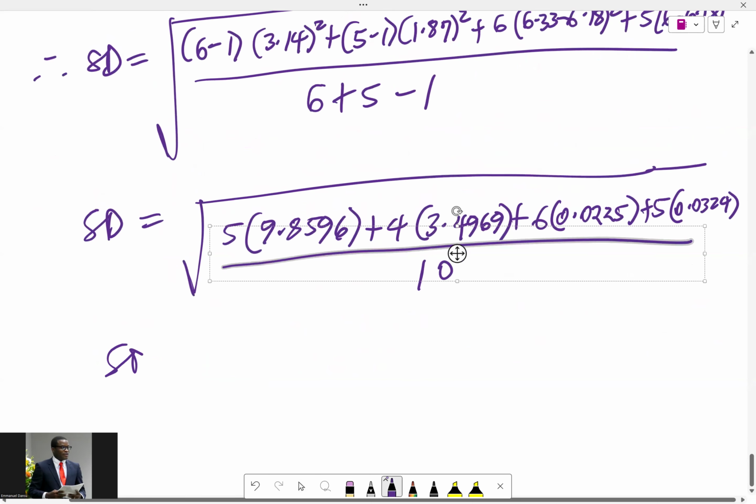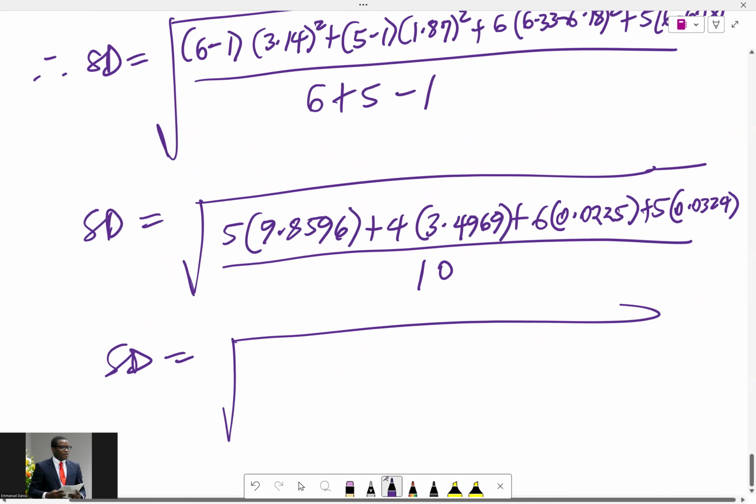So that SD is equal to square root of, I mean, if you have your way, you can avoid this kind of question. Sure thing. Sometimes it's smarter to choose questions that are not this demanding if you have options. So 9.8596, 5 times 9.8596, that's 49.298 plus the next thing is